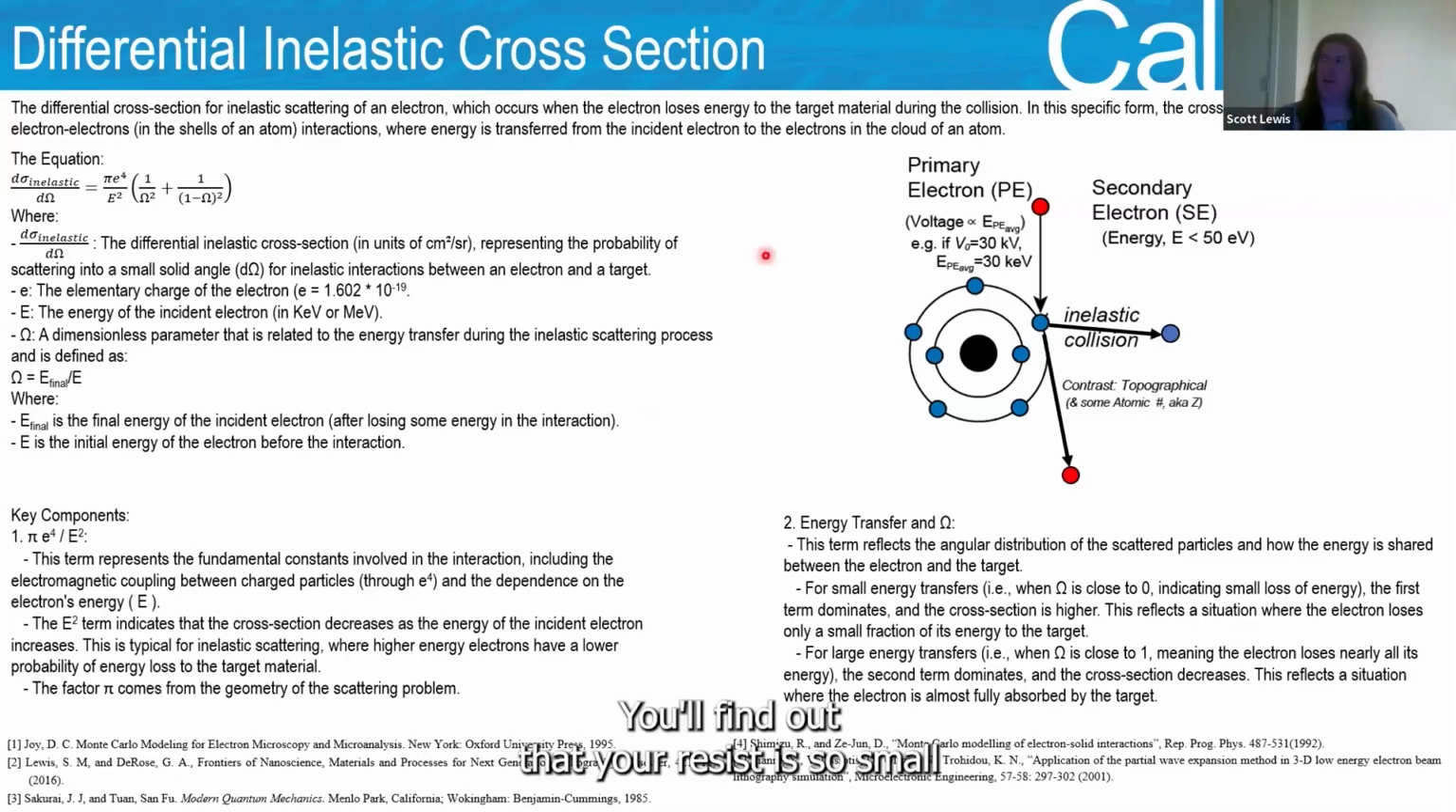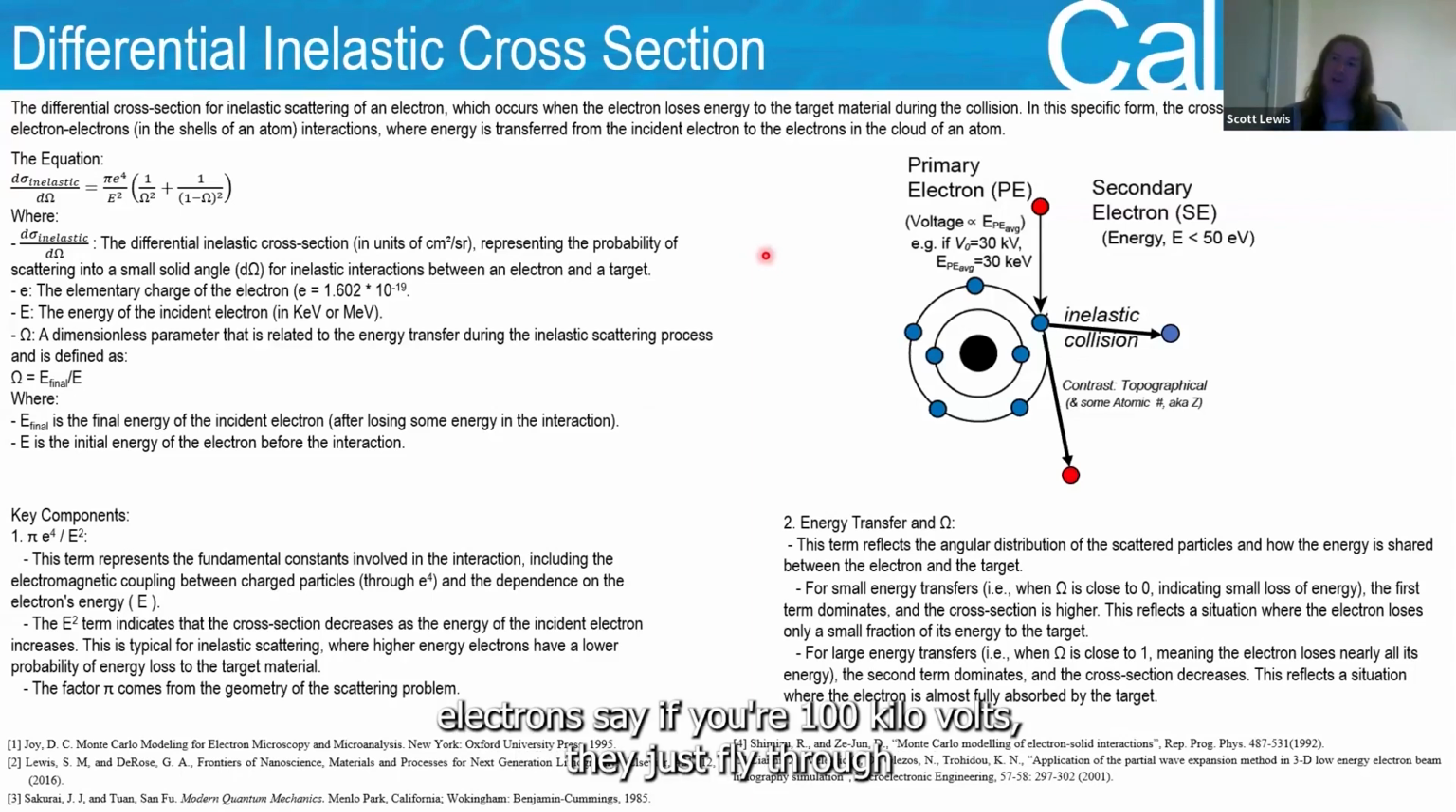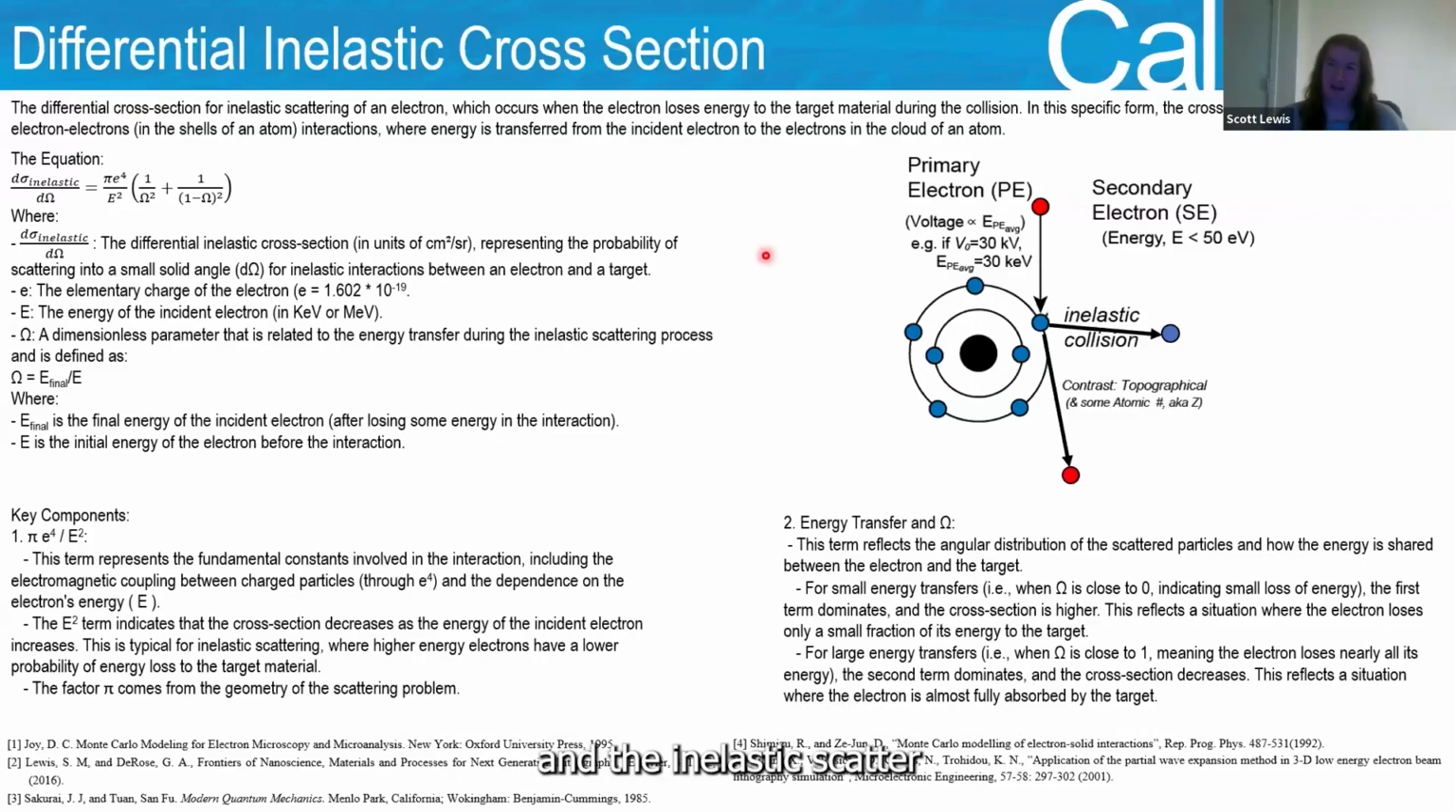They go through. You'll find out that your resist is so small or thin in thickness that the interaction is quite low, meaning that the electrons, say if you're at 100 kilovolts, they just fly through. And when an inelastic scatter takes place, the energy change is dramatic. Very dramatic. So what this essentially says is that we need to determine what the inelastic scatter is, and